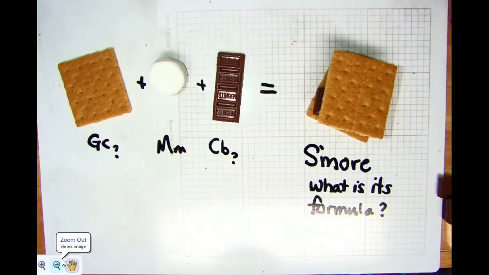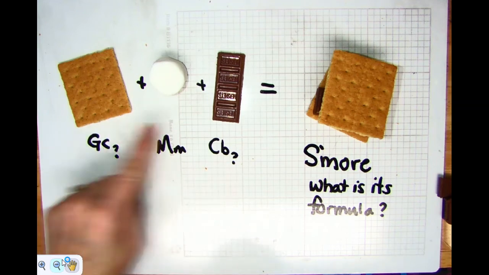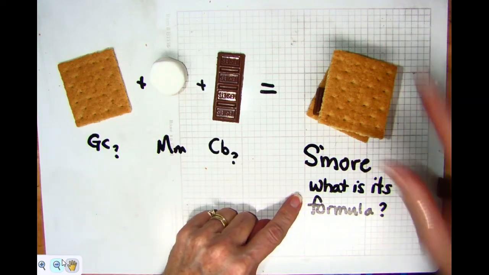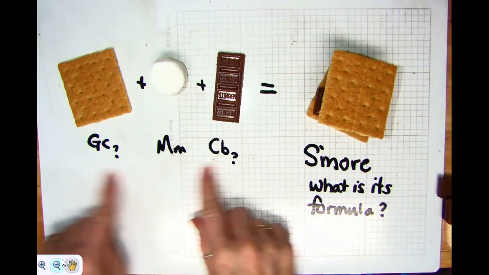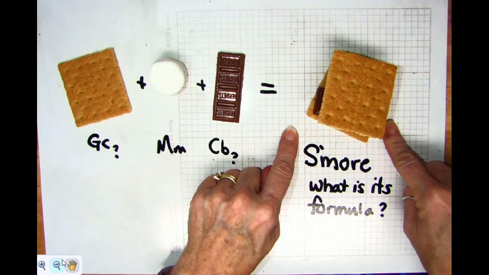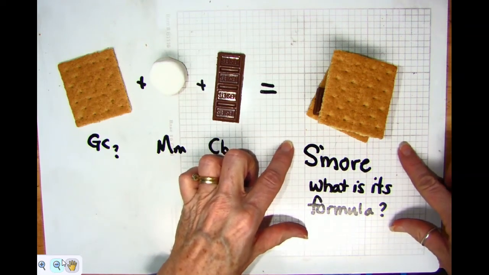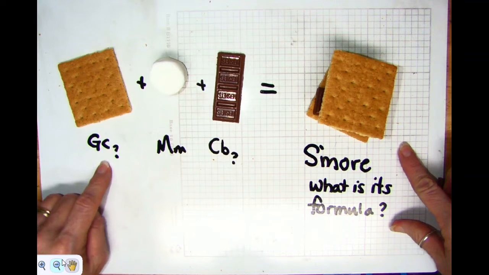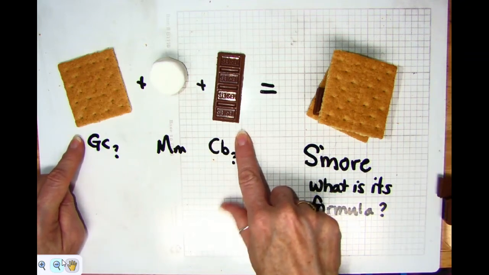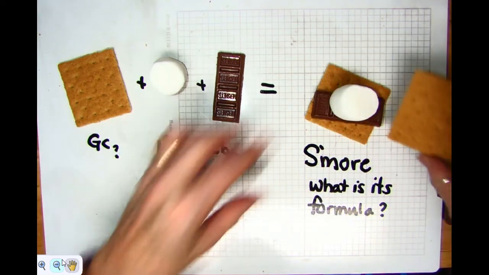All right, welcome back. Hopefully you have a formula here and you have a formula here. We're going to put these all together, and we're going to come up with a s'more. So what is a s'more? You're going to use your ingredients, and you're going to use the way that this is put together, and you're going to come up with a formula for a s'more. These guys are, in essence, your GC and your CB are like polyatomic ions. What you're going to notice is that,